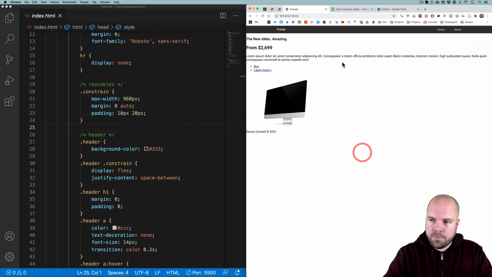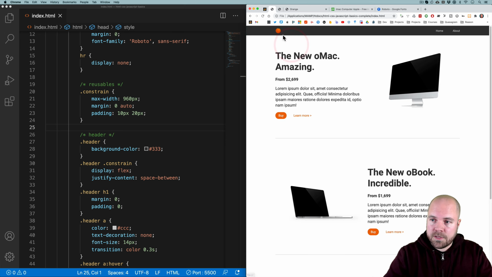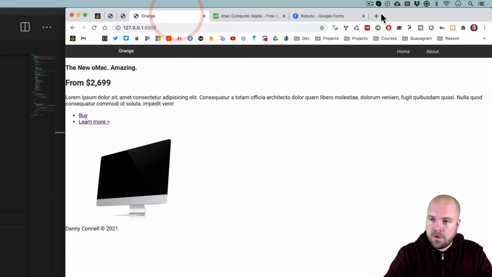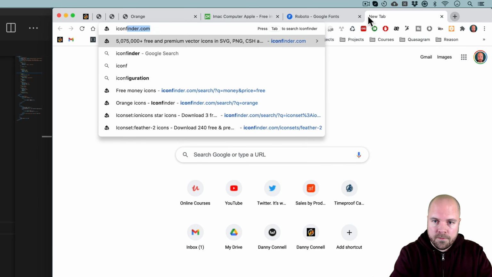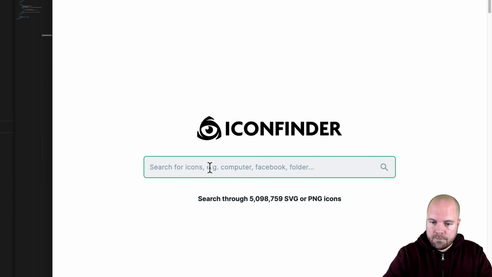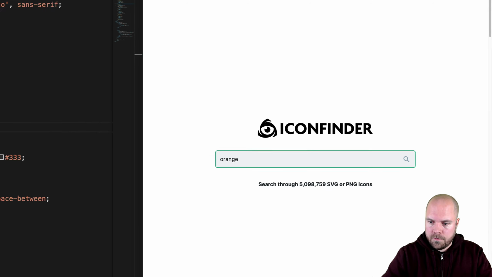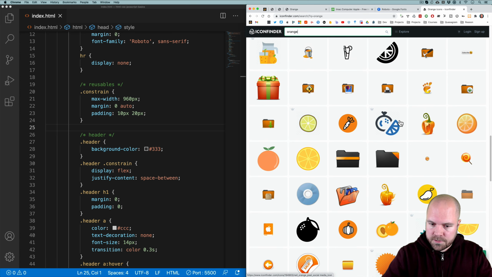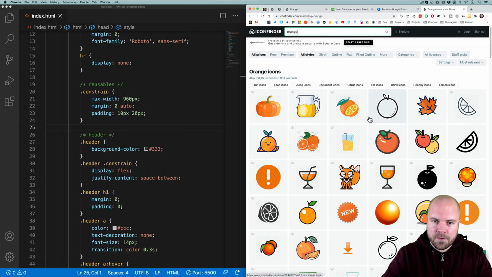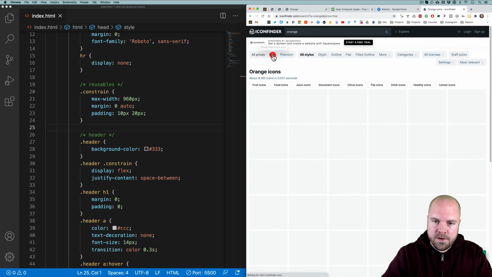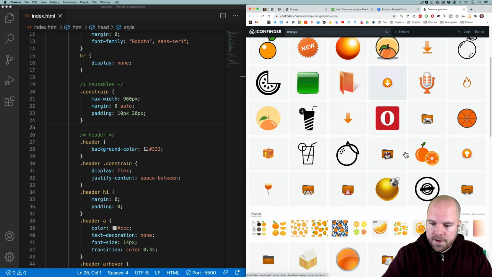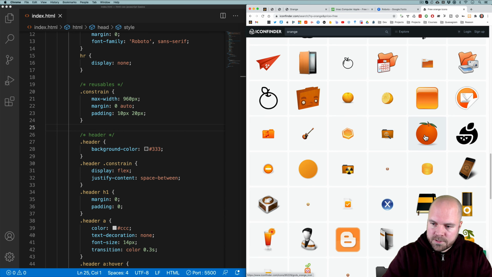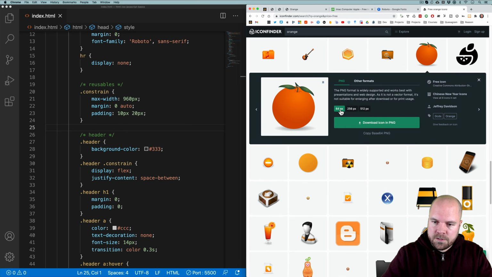Okay, so now I just want to replace this orange title with a logo, like this orange that you can see there. So I'm going to jump to a site called iconfinder.com, and I'm going to search for orange, and I'm going to scroll down till I can find something that looks nice. And in fact, I'm going to scroll back to the top and change this option here to free, so that we only see the free icons. This orange looks pretty nice, so I'm going to click on that. I'm going to choose 64 pixels because we don't need this to be too big,